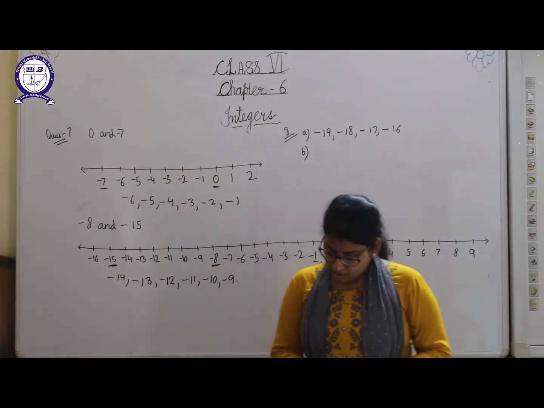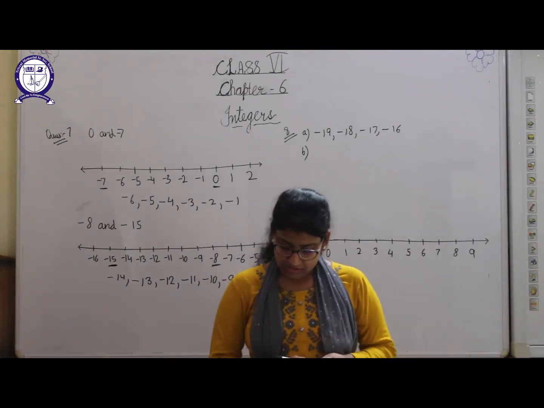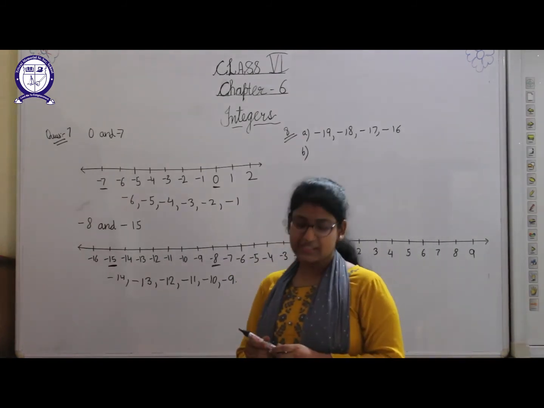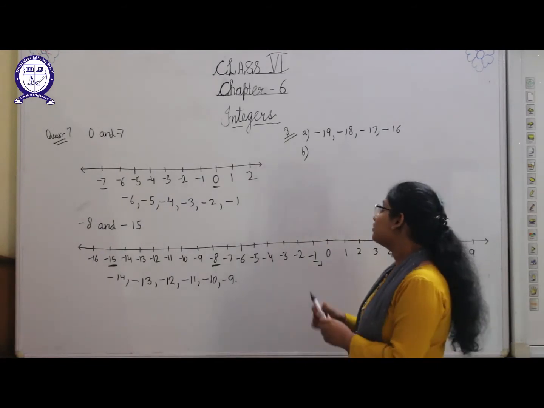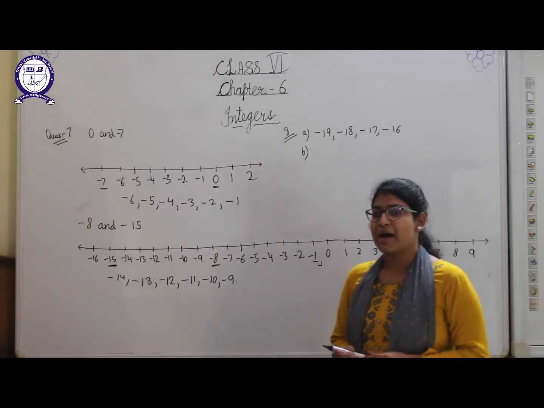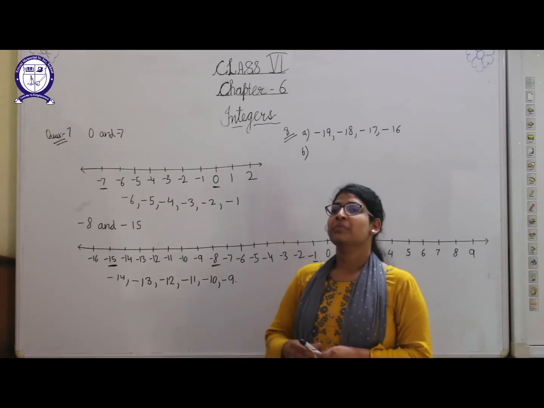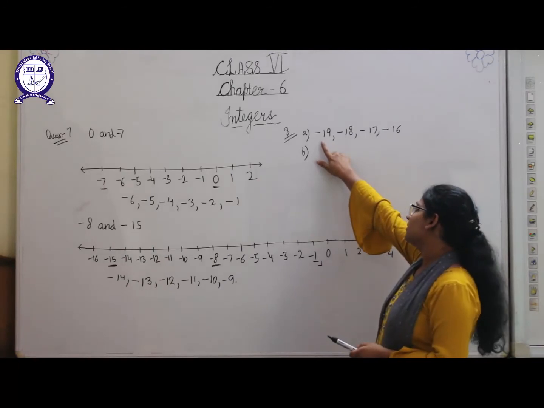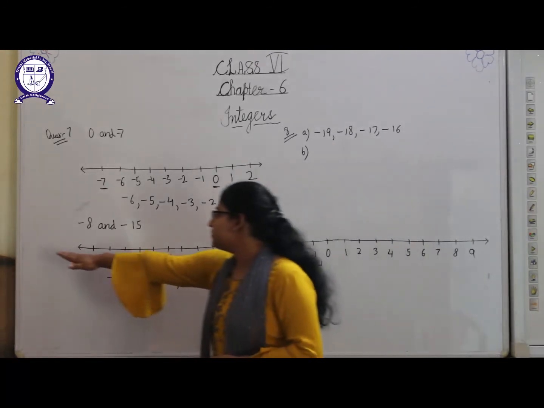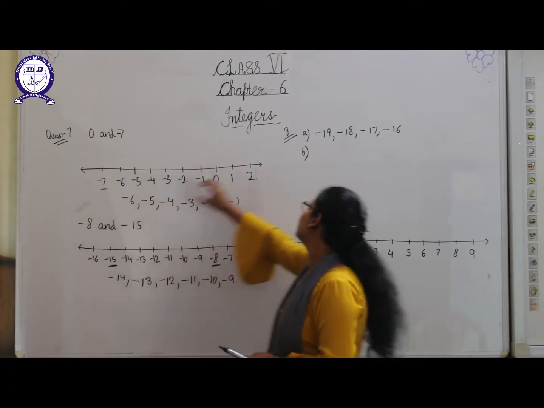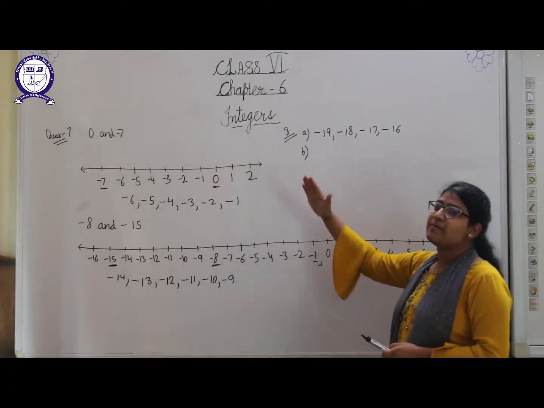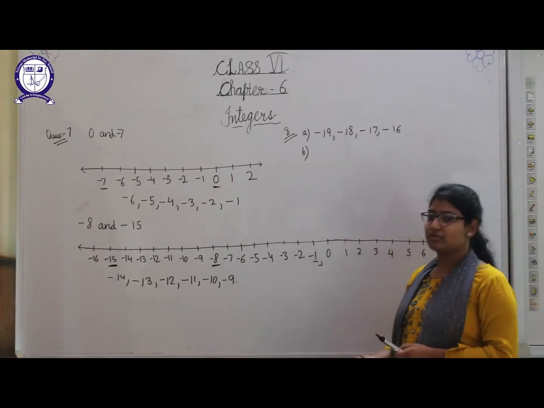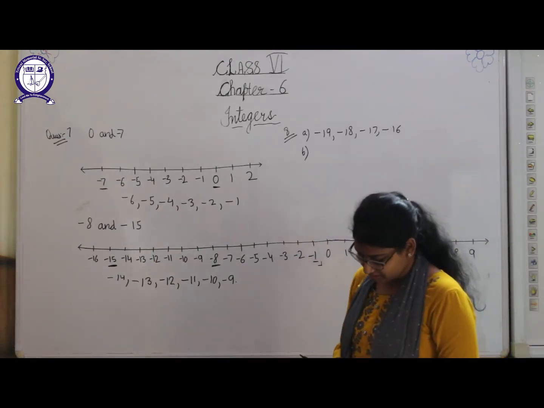Okay, now our next question is 8th. In this first part is write 4 negative integers greater than minus 20. We have to write greater than minus 20. So what will be the integers? Here, if we write on the number line, minus 20 will be here. So we will start coming to the right. So on the right side of minus 20 will be minus 19, minus 18, minus 17 and minus 16. We have to write only 4 integers, so I have written 4.